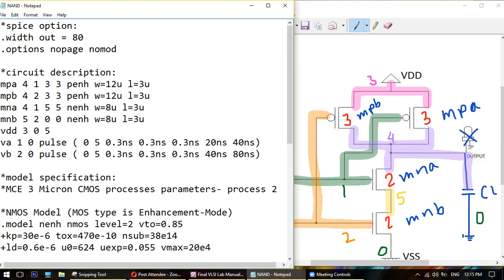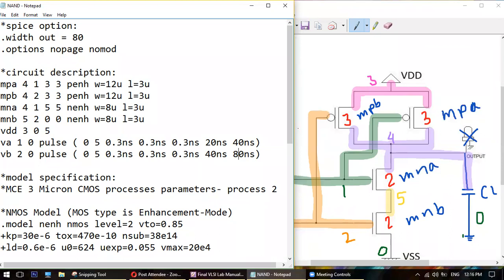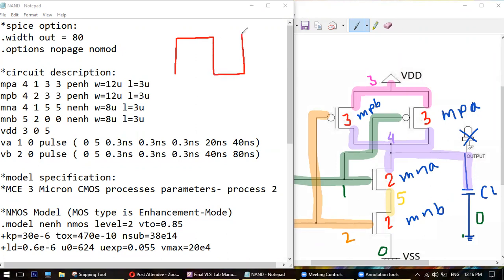Do you know why I have doubled this? Any idea, anyone? I have done this for this reason. All of you see this. One is this, right? 1, 0, 1, 0. So it is 20-40. So this is 20, this is 40. Again 20, again whole is 40. Understood, everyone? So this is our VA.